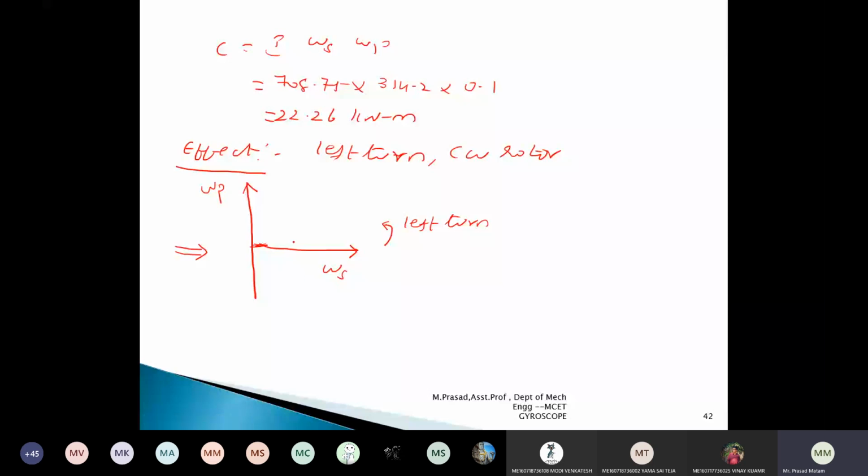Now where am I getting the active couple and where am I getting the reactive couple? Rotate the spin vector by an angle of 90 degrees. You are getting the active couple in the z axis, other than x and y. So this is the portion where I am getting the active couple, the z axis. This is the x axis, this is the y axis, and this is the z axis where I am writing AC, which gives the active couple. So where does the reactive couple have to come? Reactive couple always comes exactly opposite to the active couple. So this is the direction where I am getting the reactive couple.